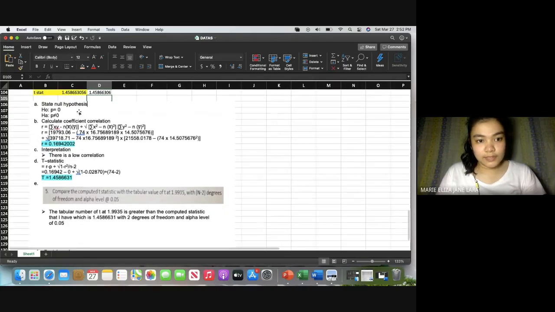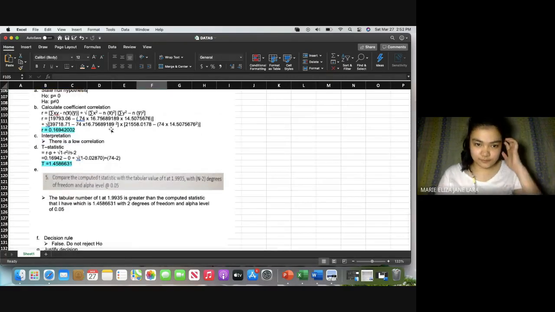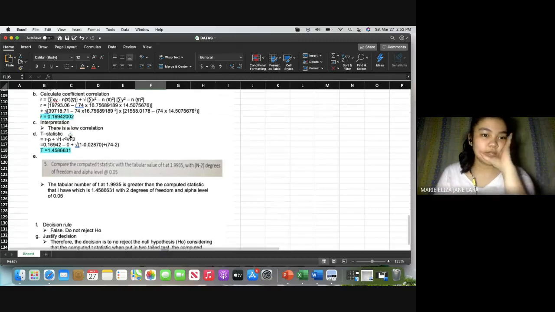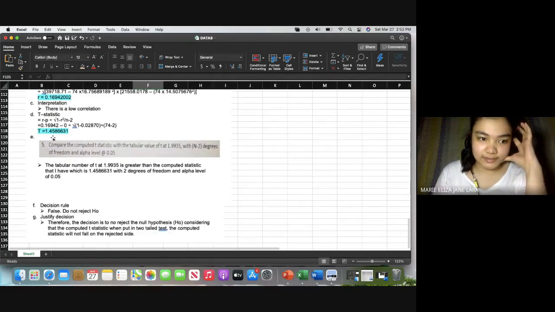So here are my answers that are already in Word. State the null hypothesis: the population correlation is equal to 0. Alternative hypothesis: the population correlation is not equal to 0. So this is the calculation of the correlation coefficient. Interpretation: there is a low correlation. For the t statistic, t is equal to